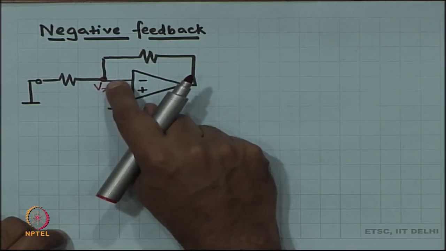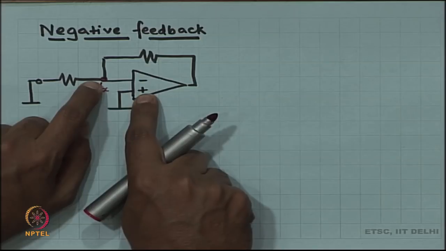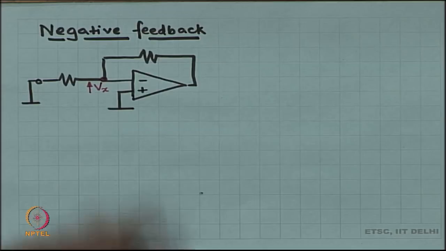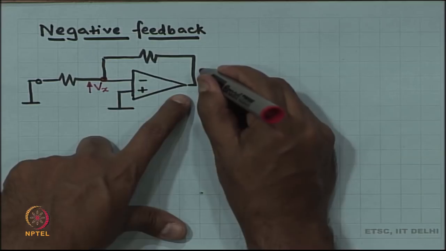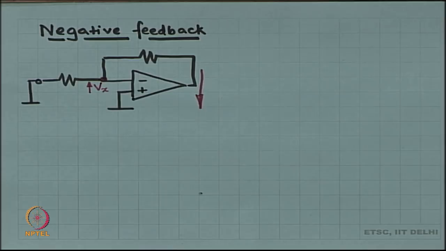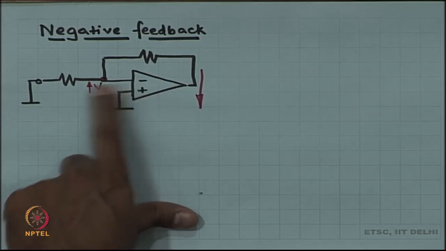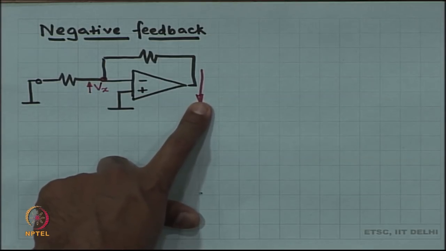If Vx is a little higher than the plus terminal, then the output terminal of the op amp is going to be a lot lower, because the op amp has Vx at the minus terminal and the op amp has large gain. So, if Vx is slightly higher than what is required, then the output is going to be a lot lower,